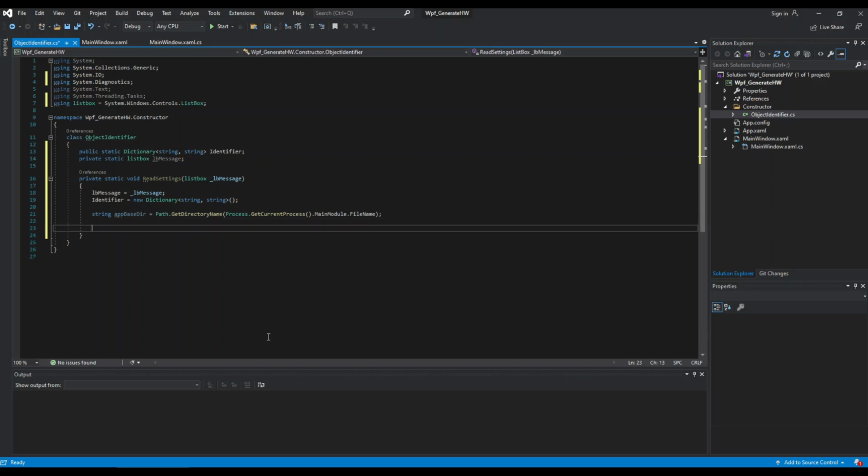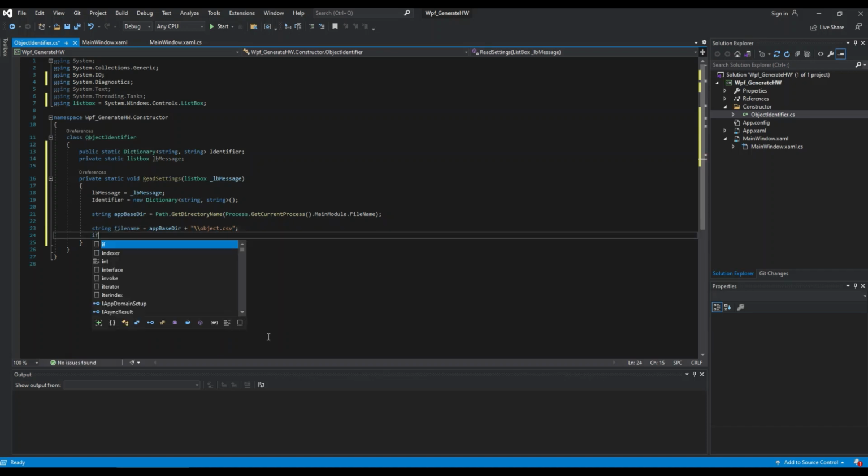So let's go and say we're gonna create another string, which is gonna be the file name. And here we're gonna take our first string that we created and merge it with the name of our file. So it's gonna be objects CSV, like this. And then let's go and say if the file exists,